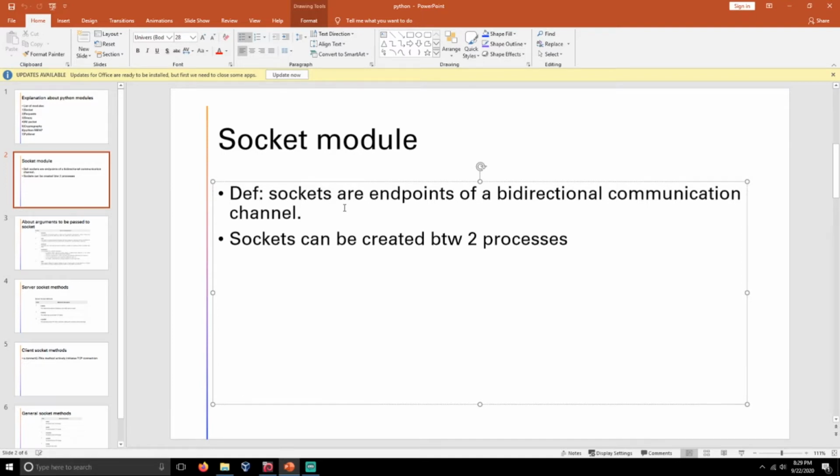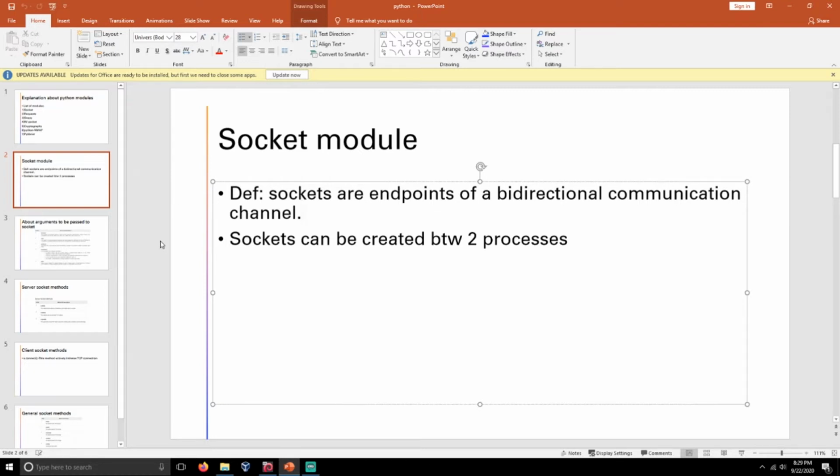It is used to connect two computers or two processes or two protocols. So a socket can be created between two processes, or two protocols, or between two computers. To establish a connection between two processes, we use a socket.